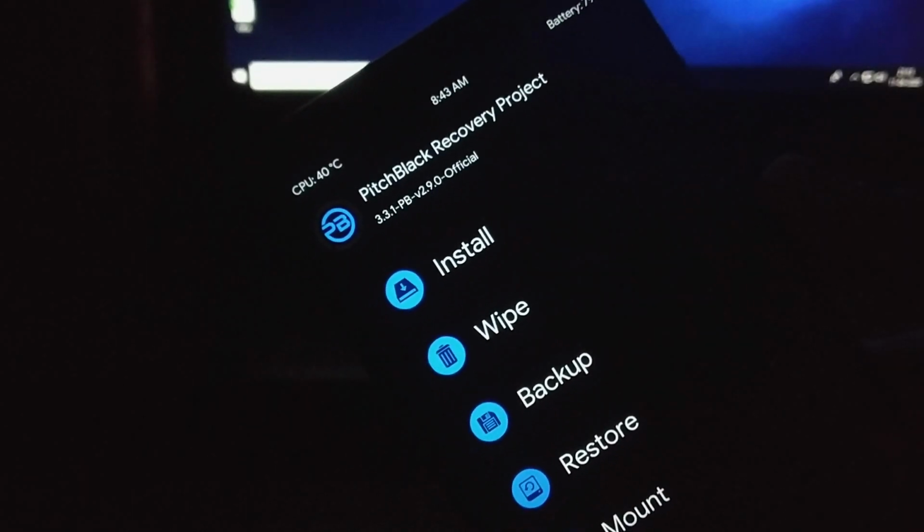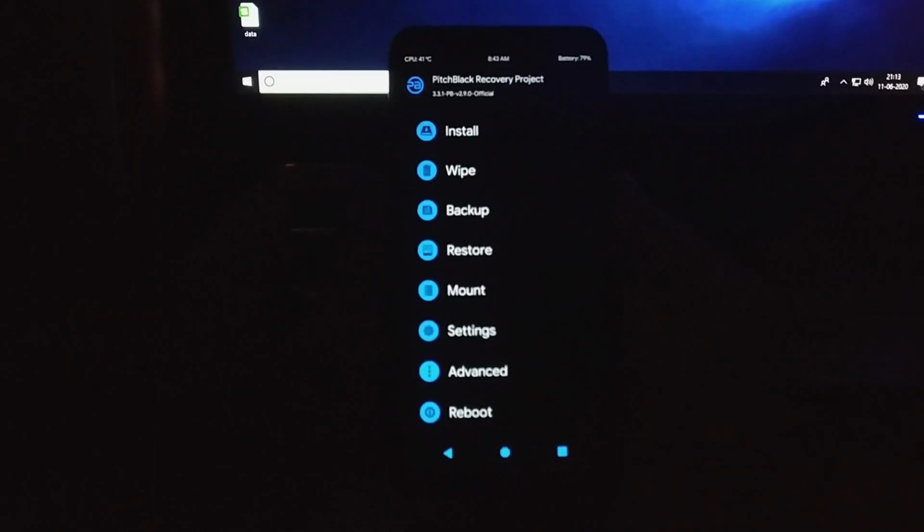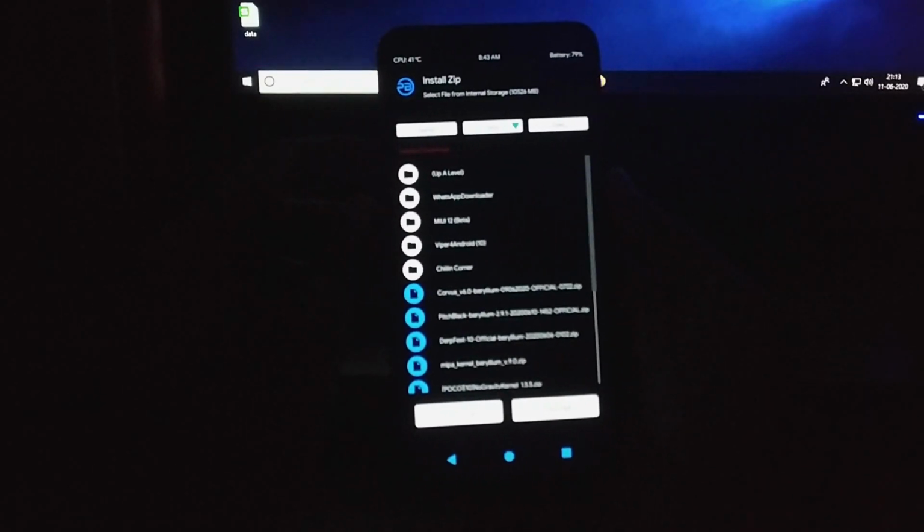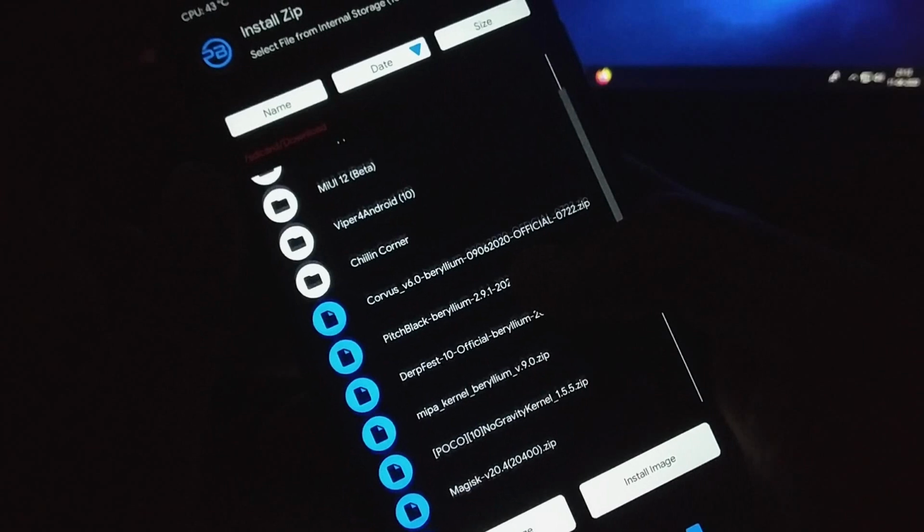So you have to move to the folder where you have kept the PitchBlack recovery file. By clicking on the file, you just have to swipe to confirm flash. Yes, you have to install this file just like any normal zip file of a ROM or kernel.